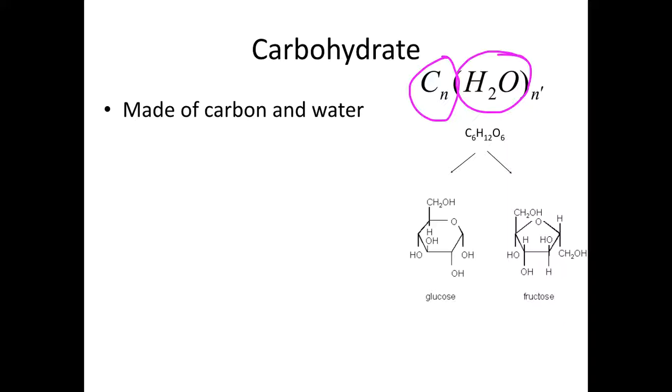A lot of the carbohydrates that are biologically interesting are what are called hexose sugars. So C6, hex meaning 6 carbons, H12, twice as many, O6. The thing is, these have lots of different forms. One chemical formula, C6H12O6, these atoms can be hooked together in many different ways to form subtly different molecules.